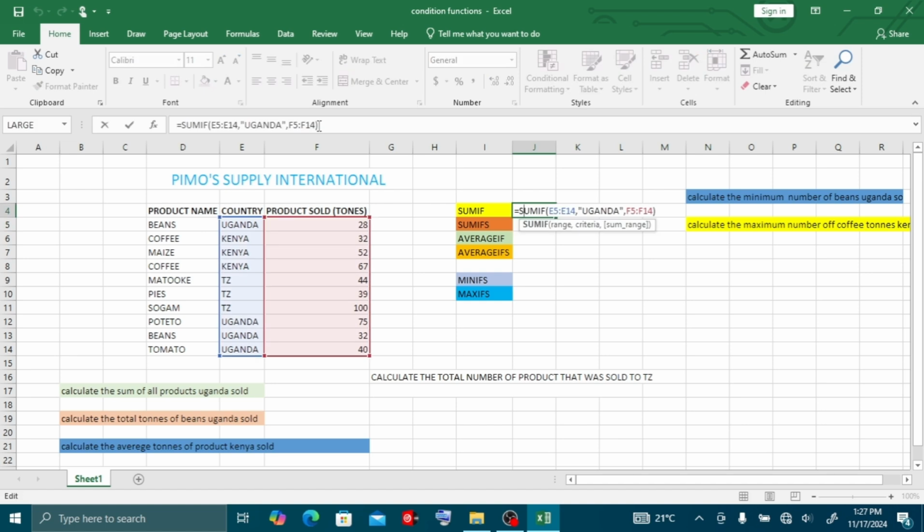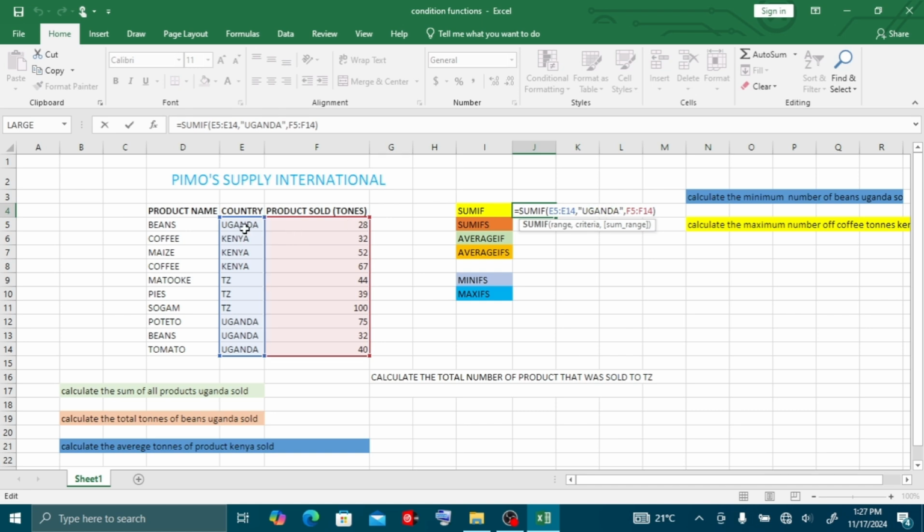So this is the formula that sums up the records based on the criteria. It has summed up only the cells that fall under Uganda.